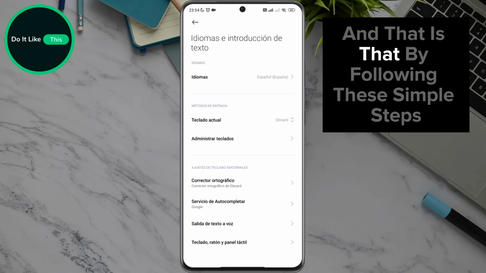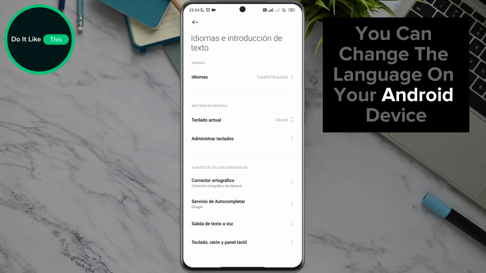And that is that. By following these simple steps, you can change the language on your Android device to whatever